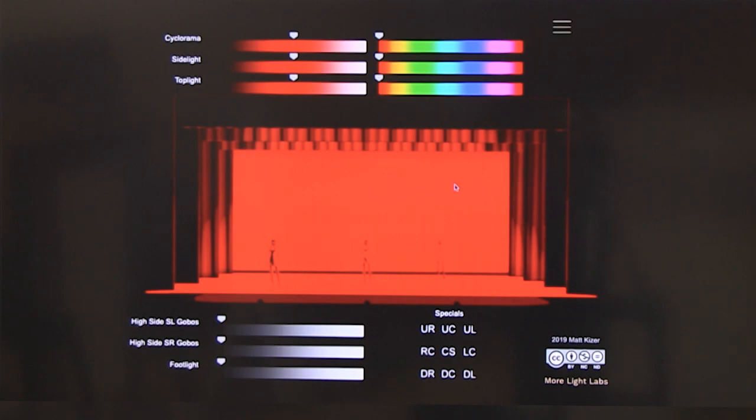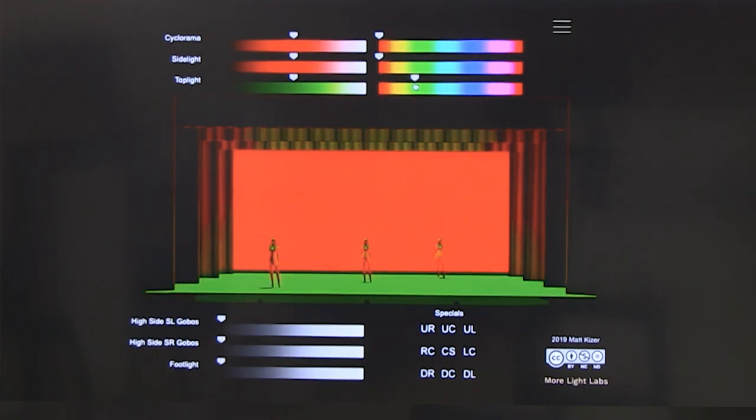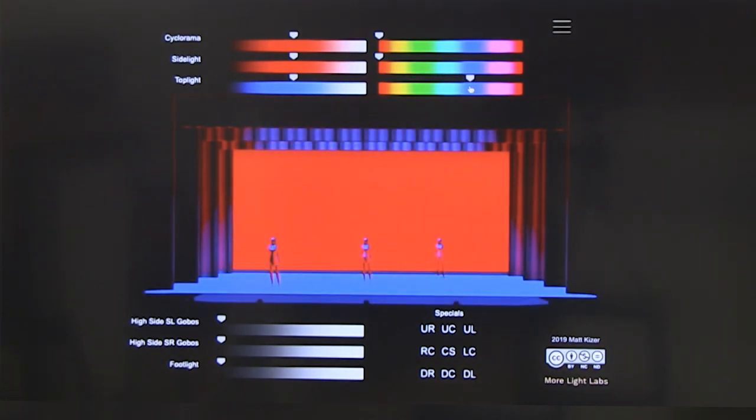So if we wanted to change some of the colors, what kind of colors would you like to see on that stage? We're looking at a proscenium view right here. I would like to light it up just to have more light, so we have to move away from the reds. And I think the top lights I would like to go more in the direction of just straight light, because I want to see the actors.